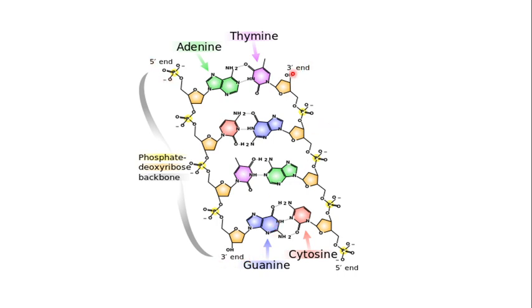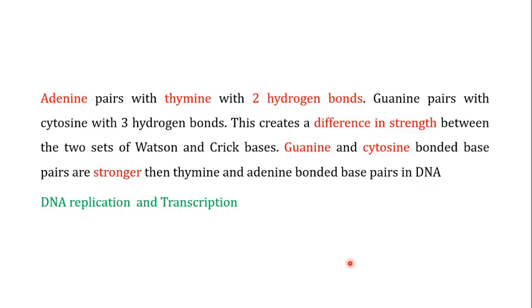If you can see over here, at this particular strand, instead of the phosphate group, there is a hydroxyl group, and that is free, therefore we call this the 3' end, and here a phosphate group is free, therefore we call this the 5' end. So the 2 strands of the DNA run in anti-parallel direction, one in the 5' to 3' direction, the other in the 3' to 5' direction.